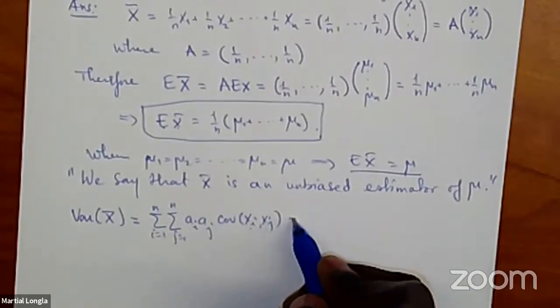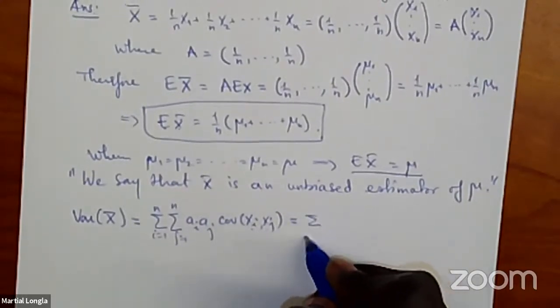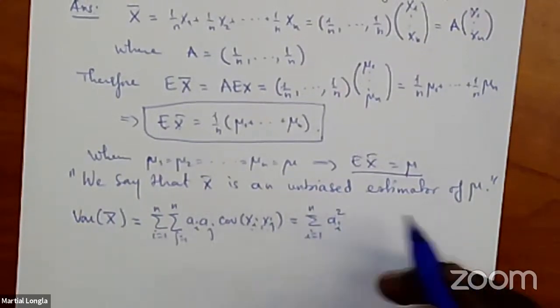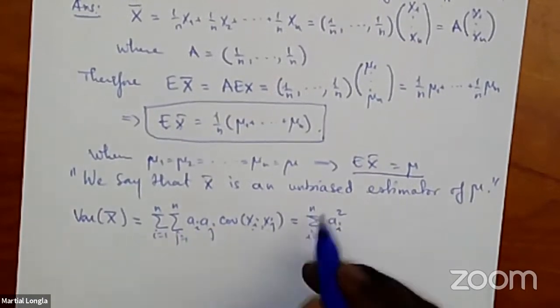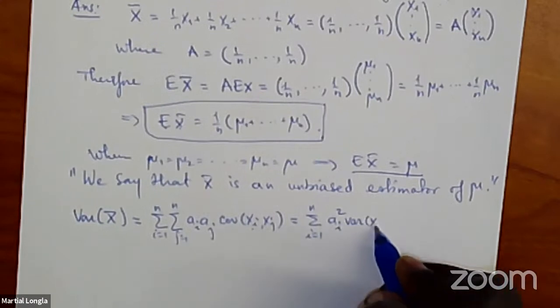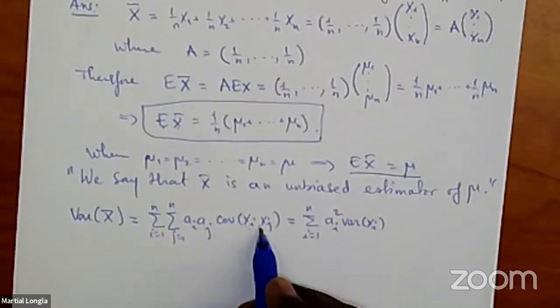So that is going to be sum i from 1 through n ai squared, because when i equals j, it becomes ai squared, and then variance of xi,